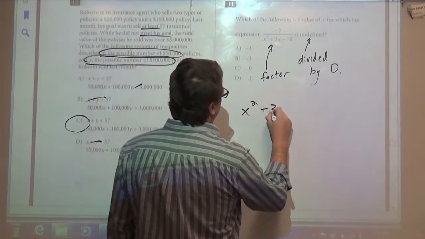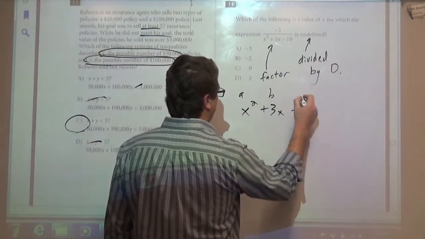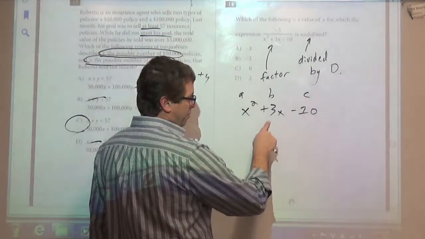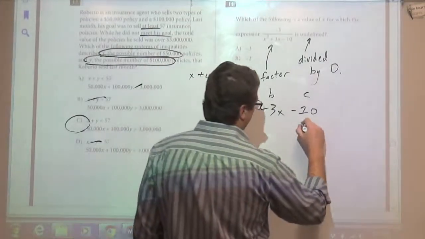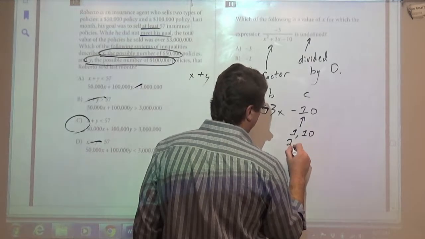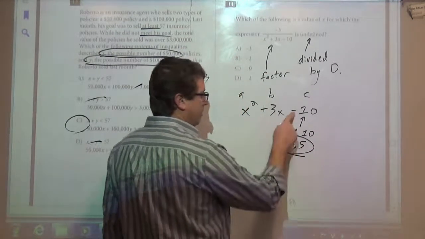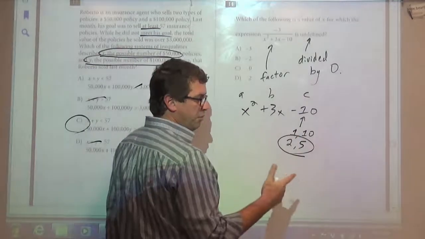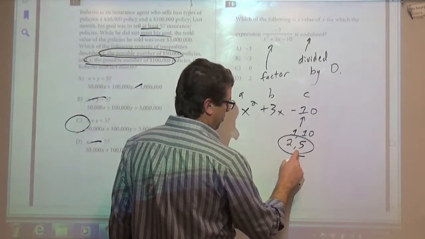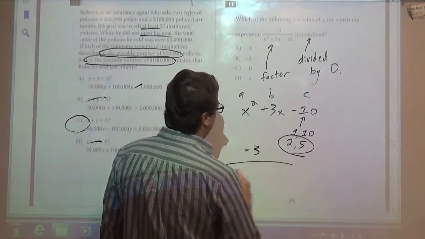So x squared plus 3x minus 10. This is A, this is B, this is C. I need factors of C that add up to B. So factors of negative 10, I have 1 and 10, 2 and 5. These are 3 apart. Since this is negative, that means one of them is going to be negative. Since this is positive, that means the bigger one's positive. So if I rewrite this,